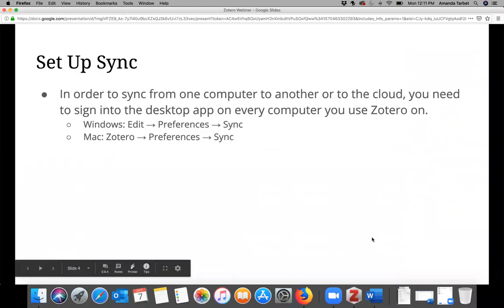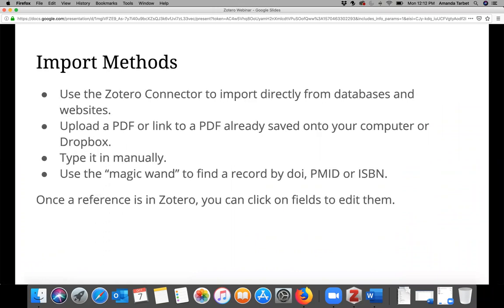All right, oh yeah, there it is. So Windows, it's under Edit, Preferences, and Sync as well. And that's where you will find a place to log in with your Zotero account. All right, so